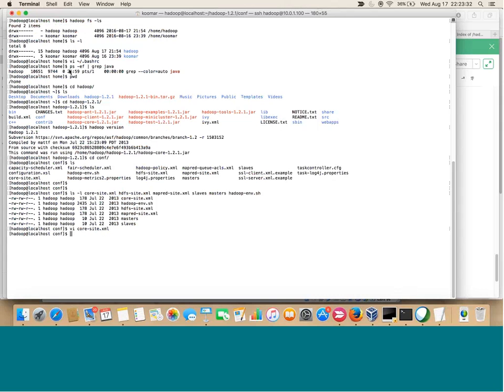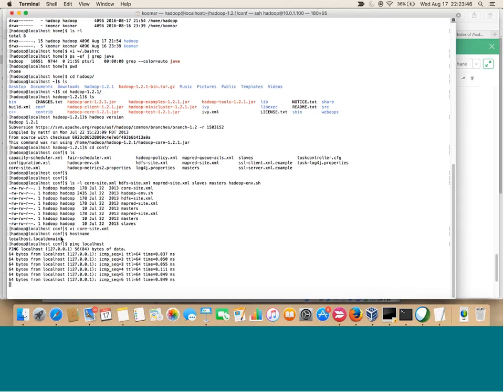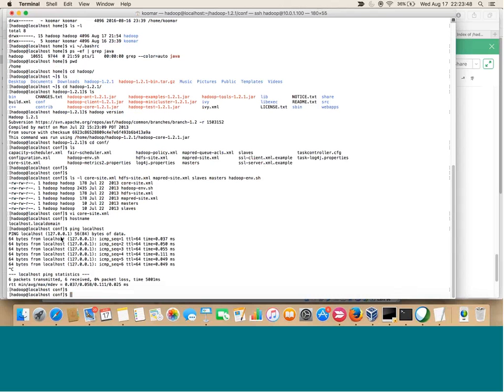Normally, if I give the host name, it should be localhost.localdomain. But even if I say ping localhost, it should work, because of your DNS entries, or sorry, not the DNS entries, there's an etc hosts file which will contain these entries, which we will come to in a short while. Now, once my core-site.xml is done,